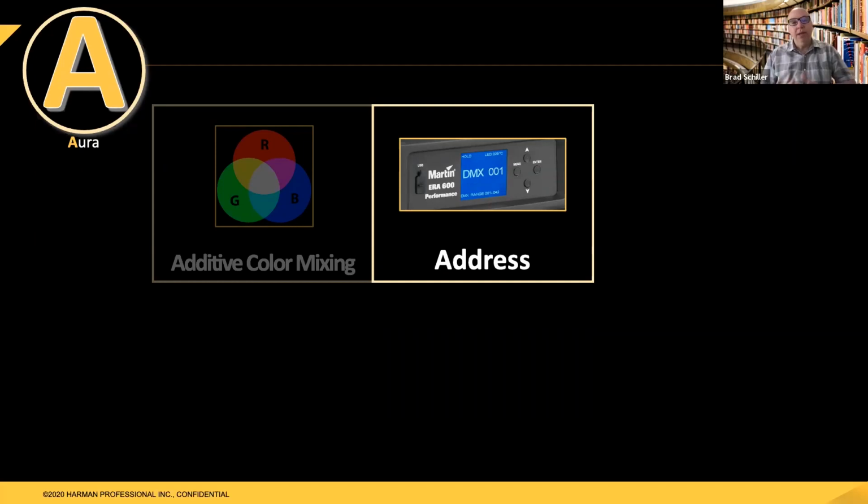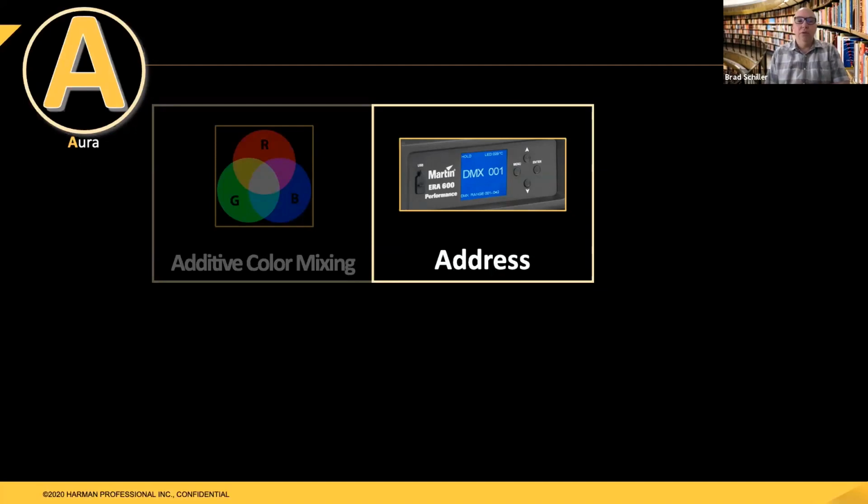Well, what that really means is in the DMX universe, each fixture uses a range of channels. So it might use 20 channels to control that fixture. The very first channel that that fixture is going to use of the DMX universe is typically its DMX address. So if a fixture is set to DMX address 1, then it's going to use channels 1 through 20. If it's set to start at DMX address 41, then it's going to use DMX channels 41 through 61 if it had 20 channels. So that's just an example, but address is a common term that we use to talk about where that fixture lives in the universe.